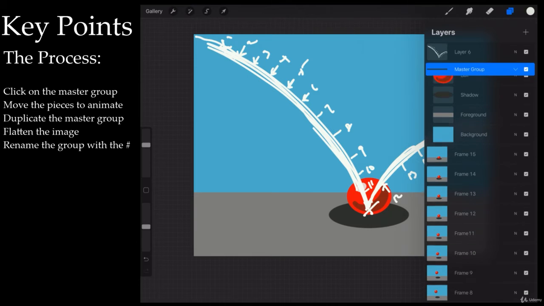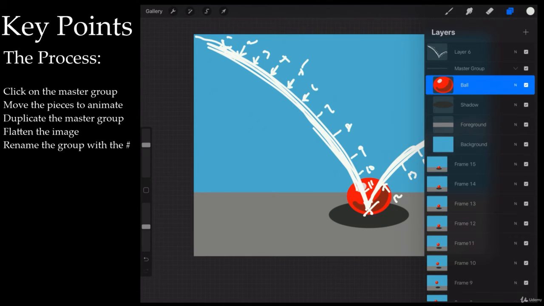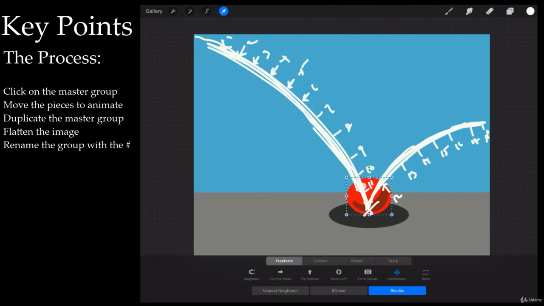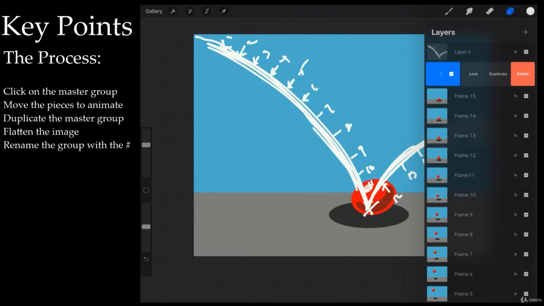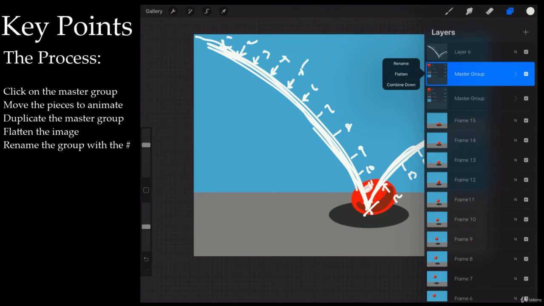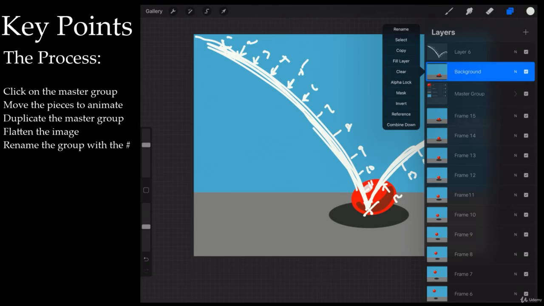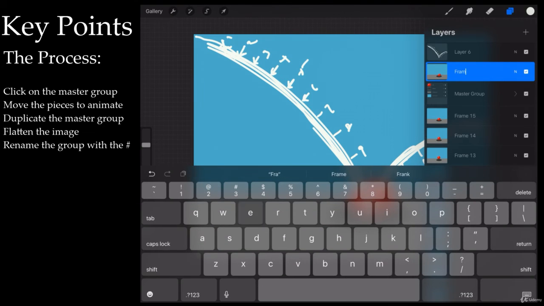And now in the master group, we come down here to the ball. And when we move it now, we're going to shrink it just a little, and we're going to kind of set this motion. You see how I just sheared it? So now it looks like the ball is going to take off in the next direction. This is key to pulling off the illusion. So we duplicate, we flatten, we rename, we call this frame 16,